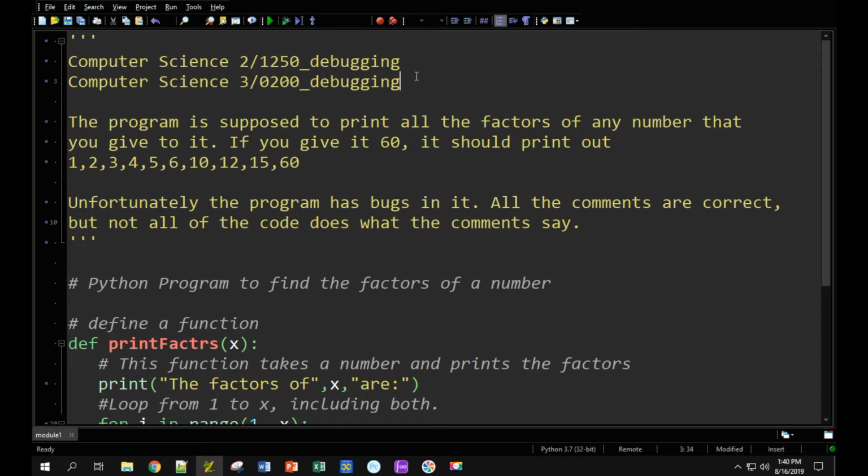All right, so what this program is supposed to do is print all the factors of some number that we're going to give to it. If I give it 60, it should print out 1, 2, 3, 4, 5, 6, 10, 12, 15, 60. Oh, 30. How about 30? That's a factor of 60 as well. So unfortunately, the program has bugs in it, and not just the one of me forgetting that 30 divides 60 evenly. All the comments are correct, so we can rely on those, but not all of the code does